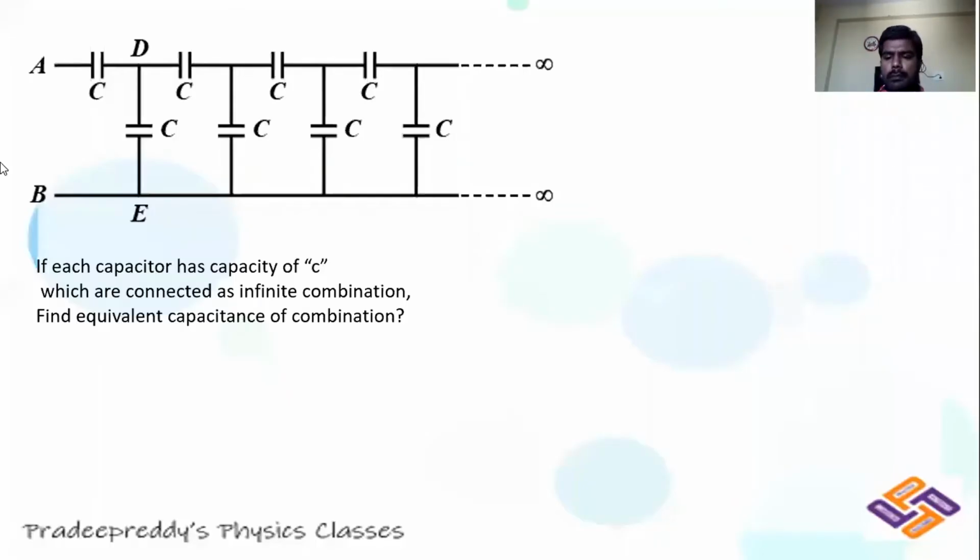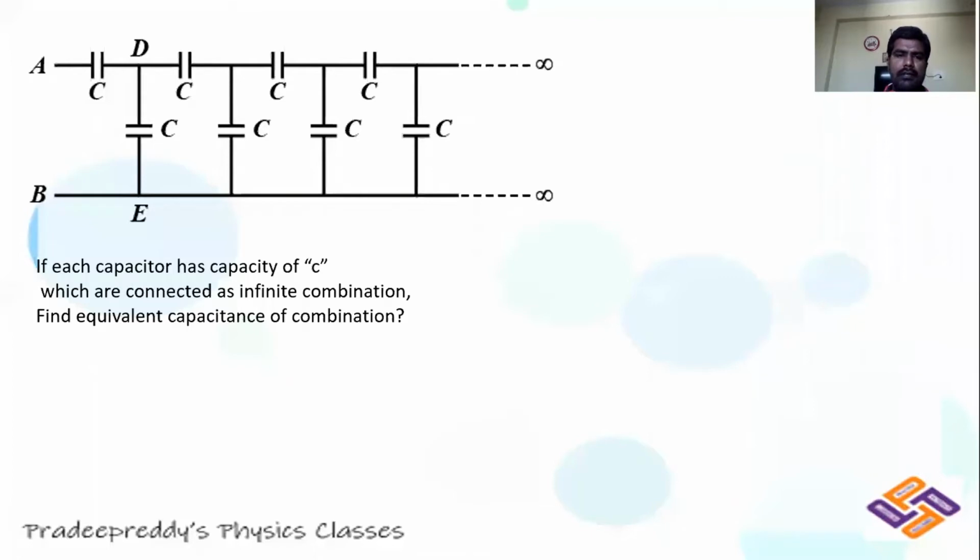Students, in the past lectures we have learned how to handle electrical capacitors when they are connected in series as well as parallel. And we have even learned that when two or more capacitors are connected in combination, if you are able to identify how many capacitors are connected in series and how many are connected in parallel, then you can reduce that circuit into a simpler form, and you can find out the effective capacitance, and from there you can find out charge transferred, heat produced, and work done by the battery.